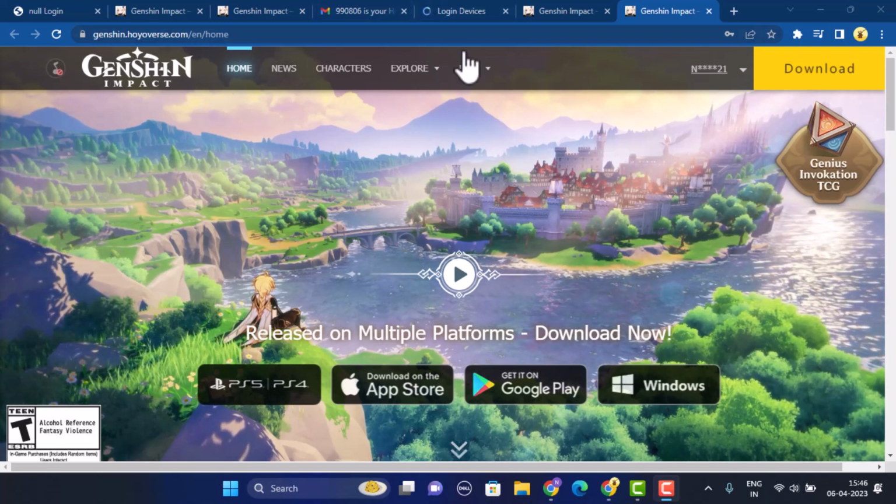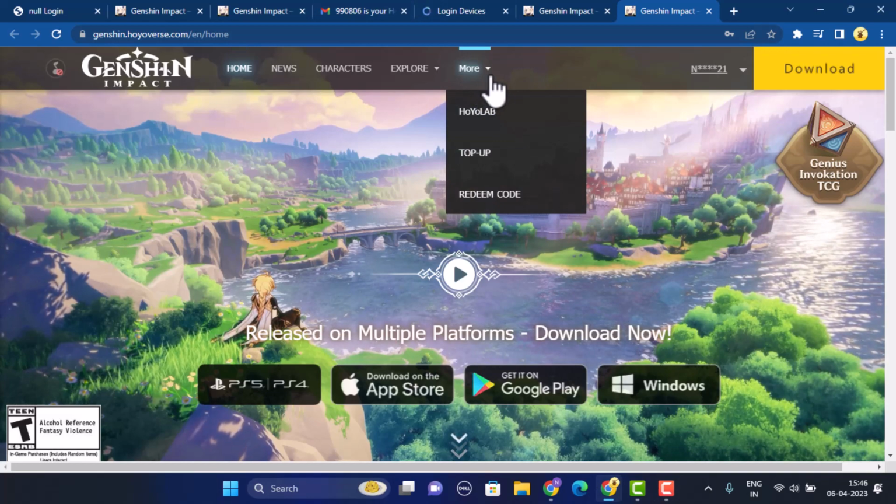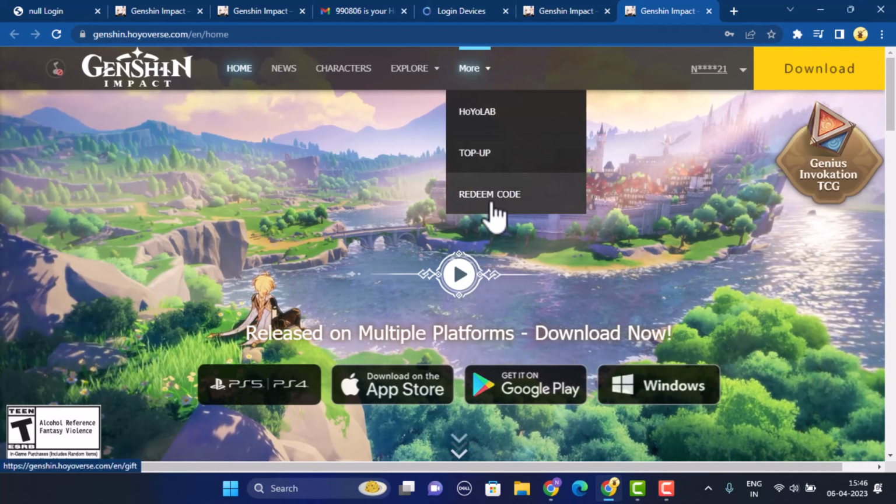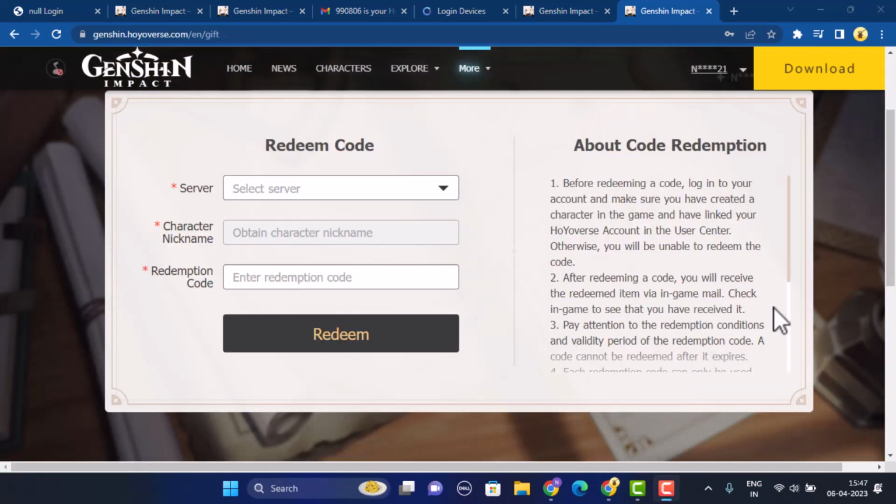So you need to click on this option that is More, and as soon as you click on it, a drop down menu appears, and from the list you need to click on Redeem Code, which is right at the bottom. After that, you'll be taken to the page where you need to provide the code information or the